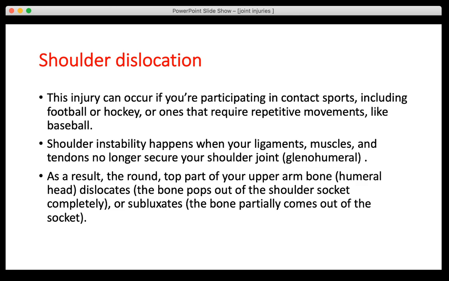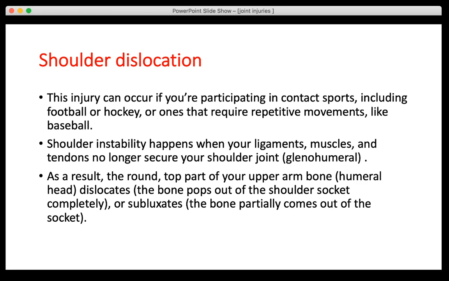Now, this injury can happen if you are participating in contact sports, because shoulder dislocation always happens when an opponent attacks you somehow or you fall in a very bad way. So common games where we can find it very commonly are football and hockey, and these are games which require repetitive movements. Okay, so shoulder instability happens when your ligaments, muscles, or tendons no longer secure your shoulder